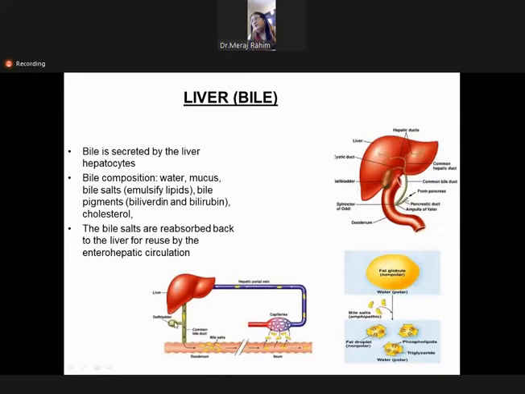So you can see that the bile is secreted by the bile ducts into the duodenum, and when there is no digestion, it gets concentrated in the gallbladder. They come to the duodenum, and when digestion has been done, the extra bile salts which are not needed, when they enter into the ileum, they are reabsorbed. So we call it the enterohepatic circulation. So the body wants to conserve the bile salts.